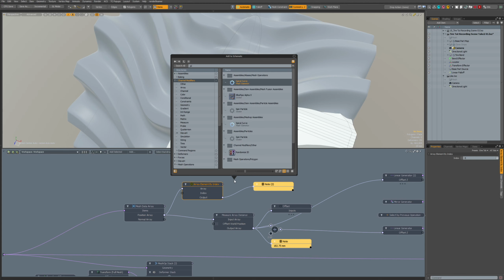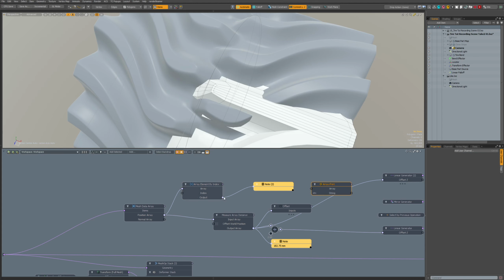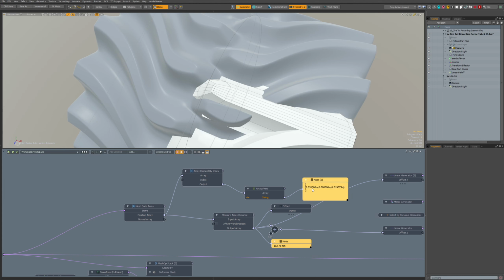This is from a kit, HarryKit by Stephen Hill. We can take this array and then we can see what it contains. So we see this array has the positions.